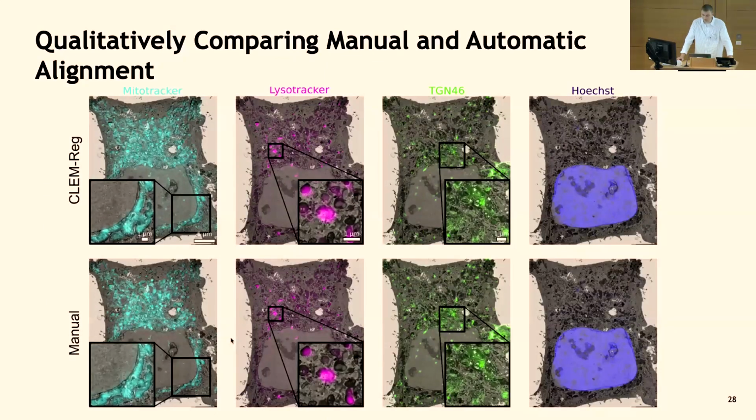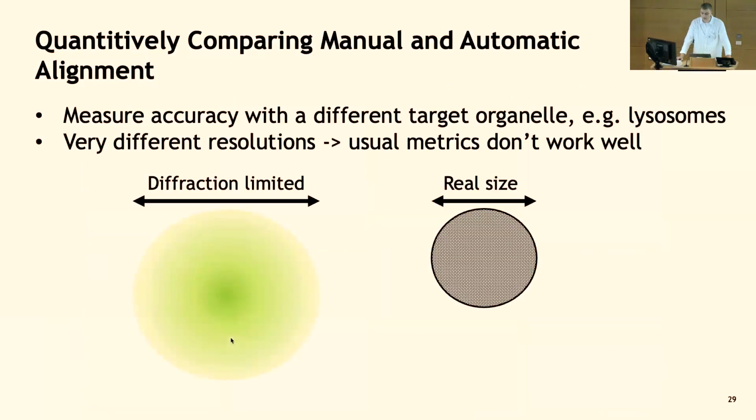And so here we are comparing the results of the alignment of these four channels using CLEM-Reg versus doing it manually. And qualitatively, we can see the results are very similar, but we wanted to know how accurate these techniques are quantitatively. So to quantify the alignment, the fluorescence signal of a non-landmark organelle, such as lysosomes, was segmented by thresholding,